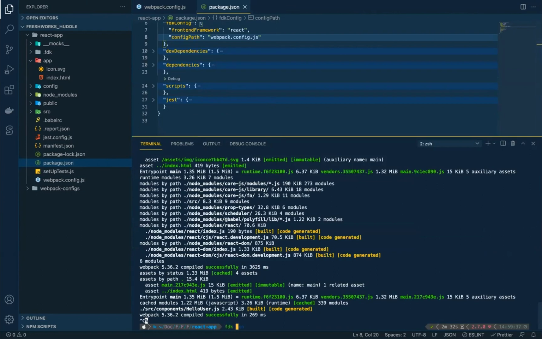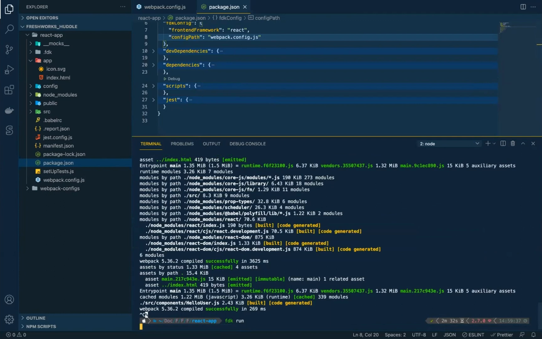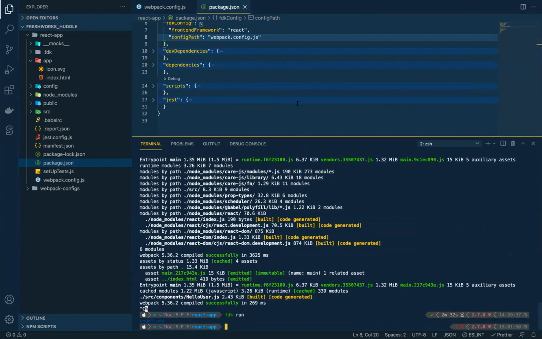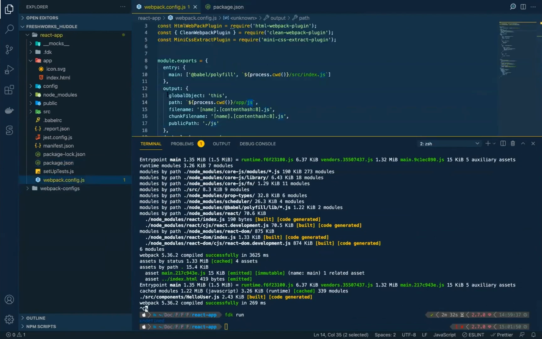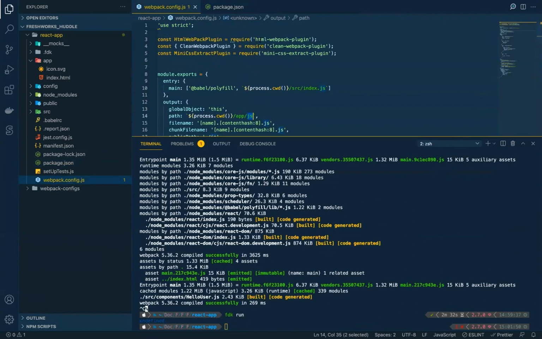So what I'm going to do is I'm going to run FTK run again. And I am hoping for an error here. And here it is. The reason we get this error is because in the default configuration, if you look at the Webpack configs, there are a lot of dependencies used in this Webpack config, right? In the default configuration, all these dependencies are packed into FTK itself. But now we are running the config locally in your folder, or rather your app. Your app does not have these dependencies installed, right? So that is the reason you get an error here.